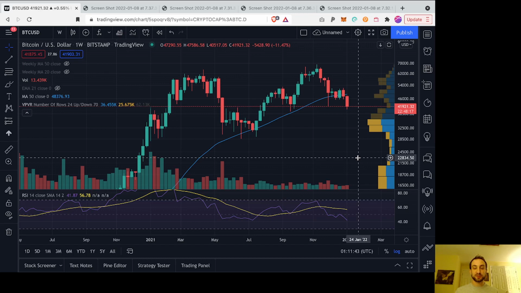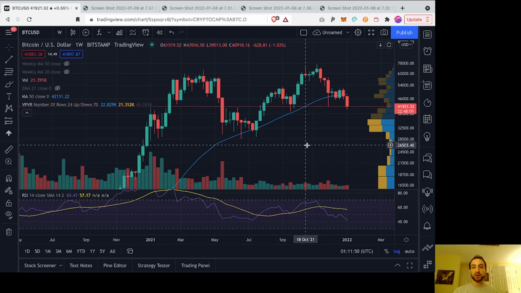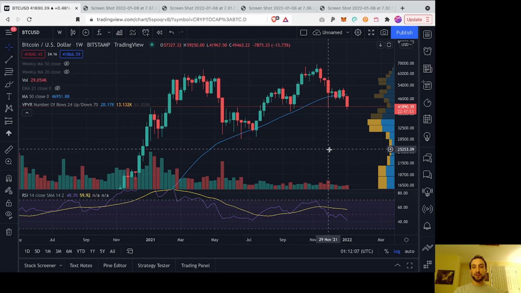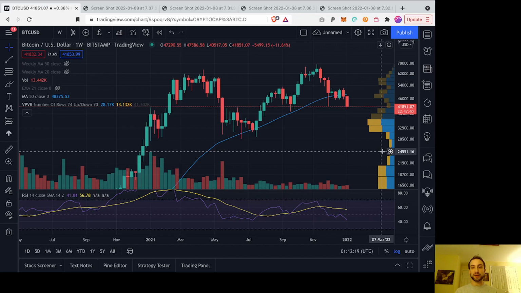And specifically, what I'll draw your attention to is that after this big capitulation and this wick at the beginning of this bear move, the price consolidated for a month, 4 weeks, and then in the fifth week, the price made a new low. That low, right here, that fifth week after that initial drop, pulled down 5% below that initial wick. Right now, the price is sitting just below that initial wick in the fifth week again, so we have that kind of rhyming. So 5 weeks after that initial drawdown, we make a new low.